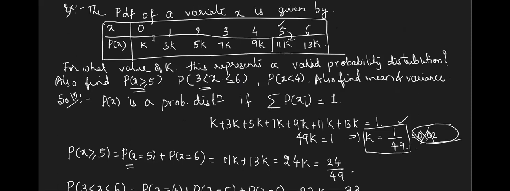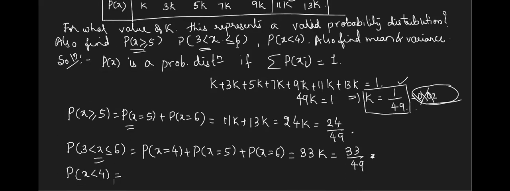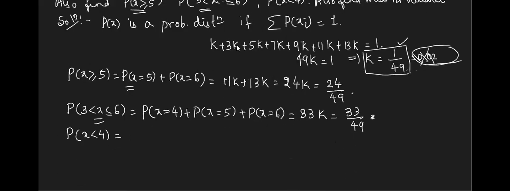What are the values which are less than 4 in the table? 0, 1, 2, 3. Yeah, 0, 1, 2, 3. So if you take a complement, you will get the rest of the values. Shall I take a complement? Yes, ma'am. I'll take a complement because the other value is already calculated.